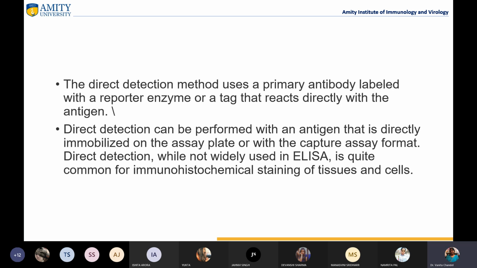So the indirect detection method uses a labeled secondary antibody or a biotin-streptavidin complex for amplification, and is the most popular form of the ELISA that we use. The secondary antibody has specificity for the primary antibody. So in sandwich ELISA, it is very important that the secondary antibody is specific for the detection of the primary antibody only and not for the capture antibody, or the assay will not be specific for the antigen.